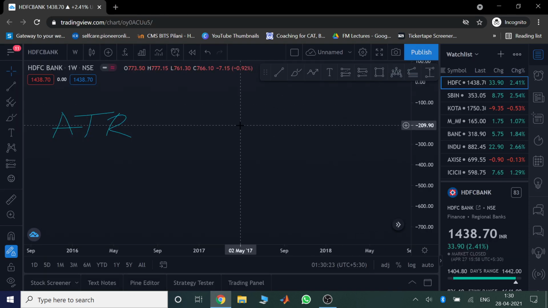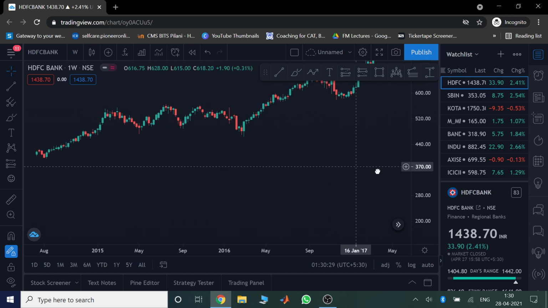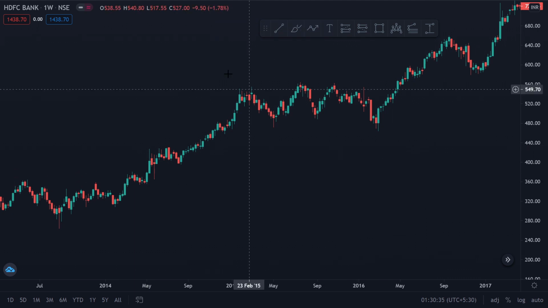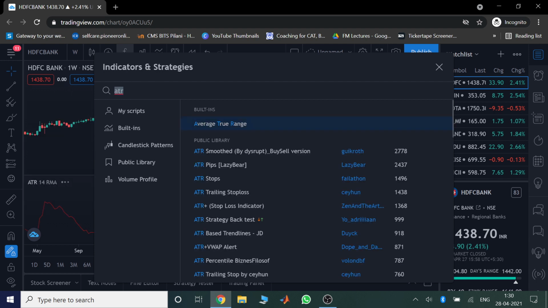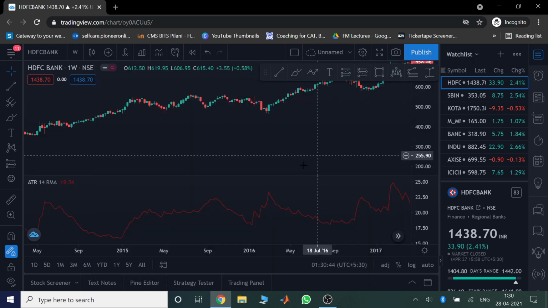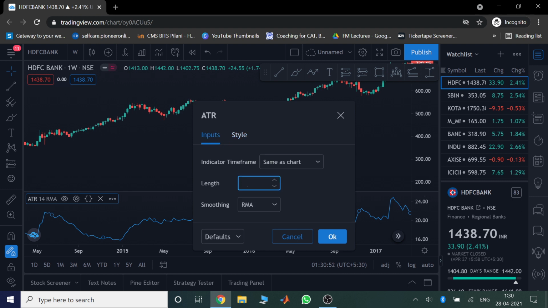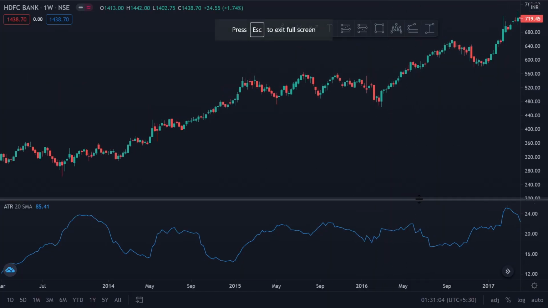So how do you implement and use this? I have a few charts for you guys. Let's go into the charts, and I will be able to explain it better. First, how do I add this indicator? I go here, average true range, there it is, and then I tweak it a little. I go into the settings. Let me change the color first. Okay, I tweak the inputs a little. This is up to personal preference, but make sure your smoothing is SMA, and you can keep the length at 10, 20, or whatever works for you. But 20 works for me, so I maintain it at 20.